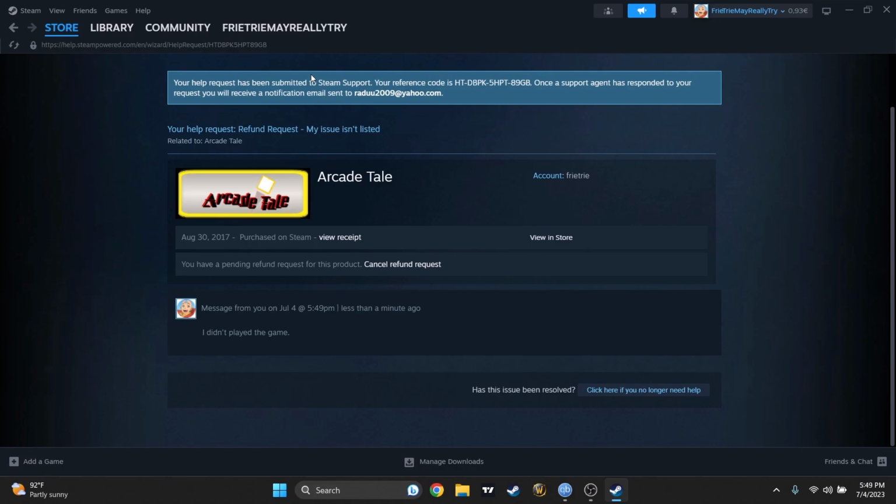If you purchase the game via Steam Wallet, you'll receive your money on the Steam Wallet. Or if you use a card, you'll receive the money on the card you purchased the game with. But if I remember right, if you purchase the game with a card, you are free to choose if you want to send the money to your card, or you want the money to go into Steam Wallet.